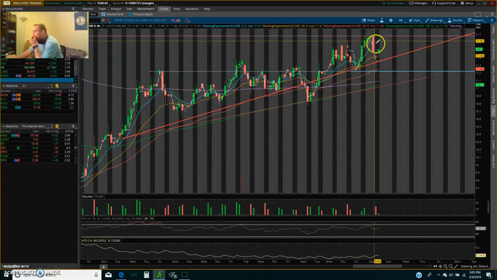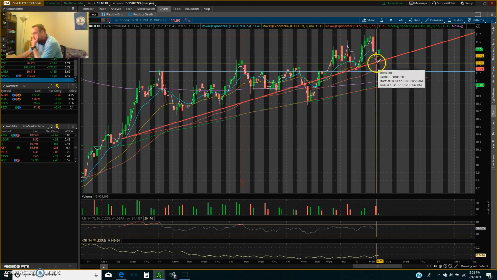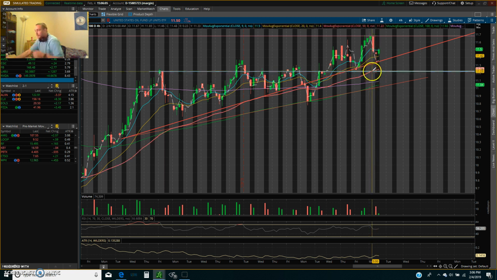And as you can see, we have these trend lines. We came down and broke this trend line, went straight through it, and bounced off this now support, which was the resistance line. I actually thought about buying shares here, but I'm down on my position at this point because they're options.